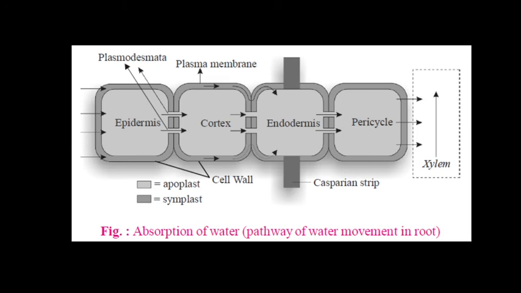Only 2% of the water absorbed by the plant is used for photosynthesis and other metabolic activities. The rest of the water is lost as water vapor through the process of transpiration. Transpiration and translocation are different, because transpiration means the evaporation of water from the leaves, but the process of transport of food from the leaves to the other parts of the plant is called translocation, which we will study in our next lecture, where we discuss the transport of food and other substances by phloem.